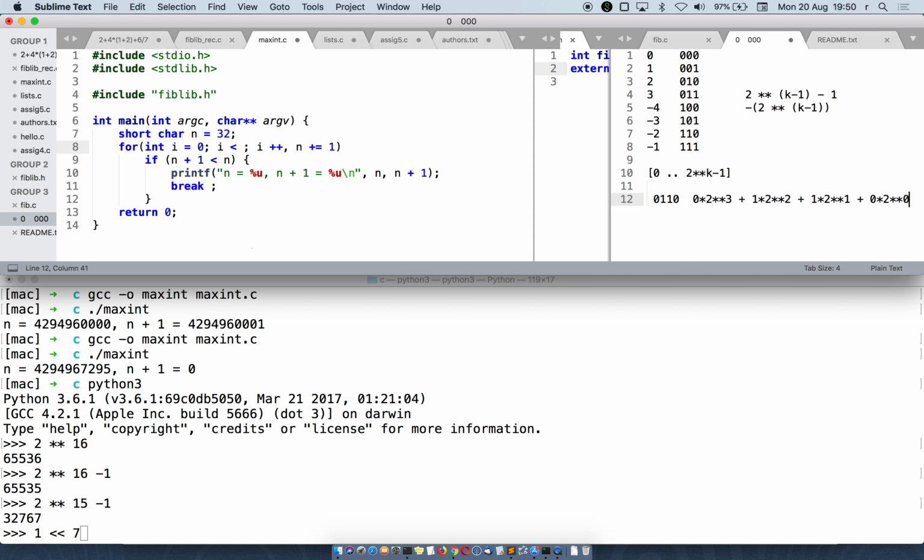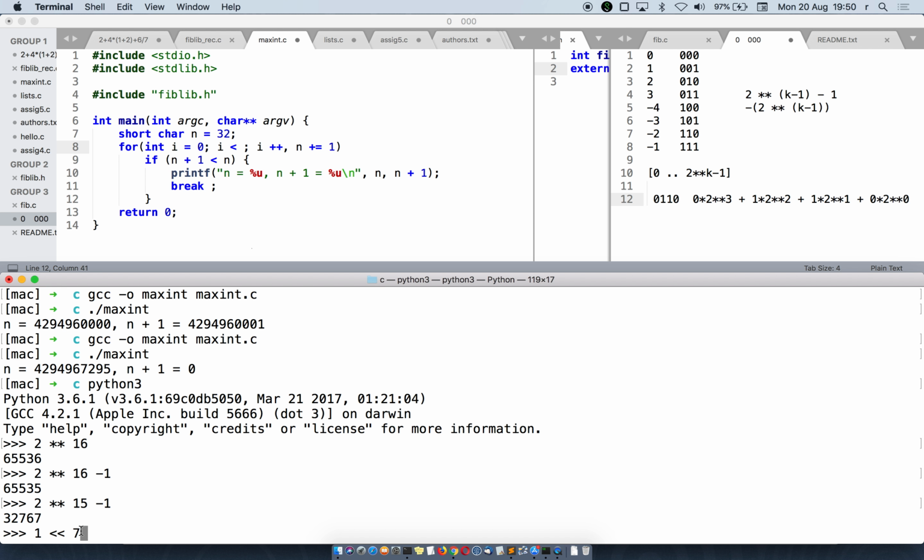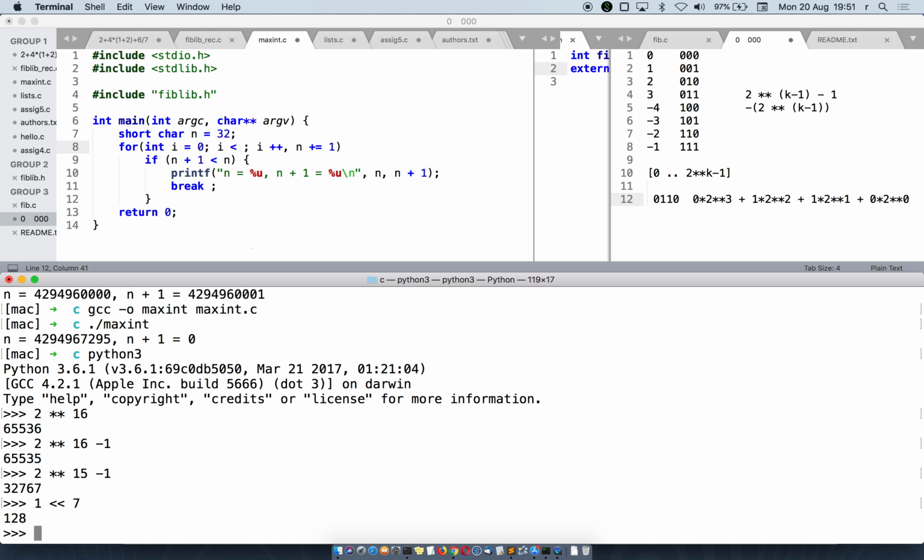So from 3 to 6, shifting by 1 and filling the remaining positions with zeros leads to multiplication by 2. It's the same thing. If I'm going to shift by 7 bits, it's multiplication by 2 to the power of 7. So if I take 1 and shift it by 7 bits, I'm going to get the value of 2 to the power of 7. So actually 128